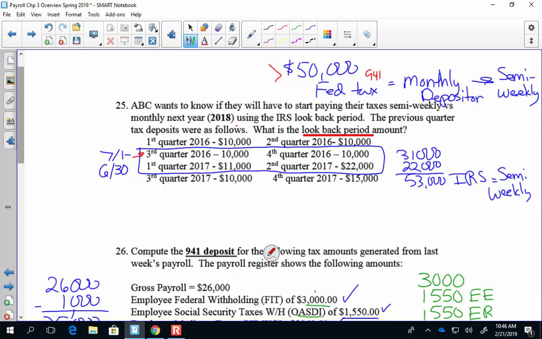Why am I starting here at the third quarter? Well, that's the fiscal year of the IRS, which is July 1st. You add up these third quarter, fourth quarter of 16, first and second quarter of 17, and we came up to 53,000. Right here's the IRS number, 53,000. That's over the 50. That employer now is going to be switched automatically. They'll get a letter from the IRS saying, hey, you're no longer a monthly depositor, you are now a semi-weekly depositor,